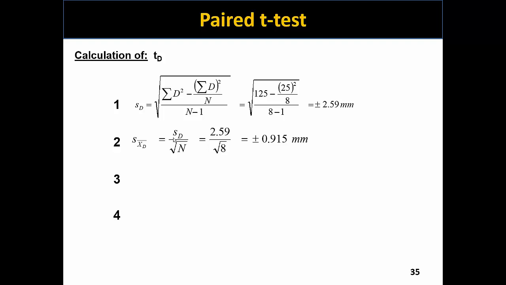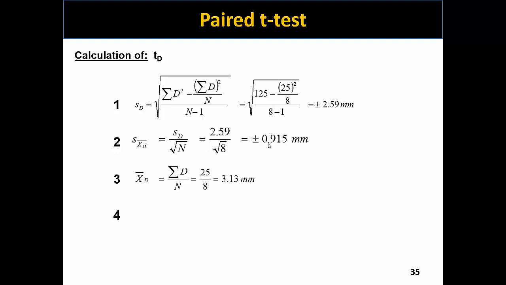And we have what we had just calculated in part 1, the standard deviation of the difference scores, 2.59, divided by the square root of the sample size. Once again here, when we're calculating the standard error of the mean, we don't use the degrees of freedom because that was already addressed in the calculation for the standard deviation. So we square root the sample size, and we end up with a plus minus of